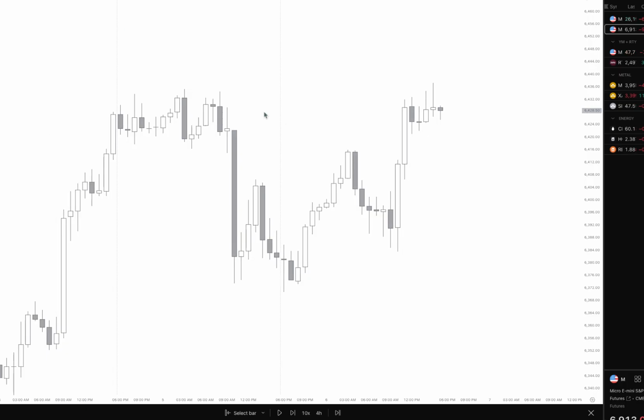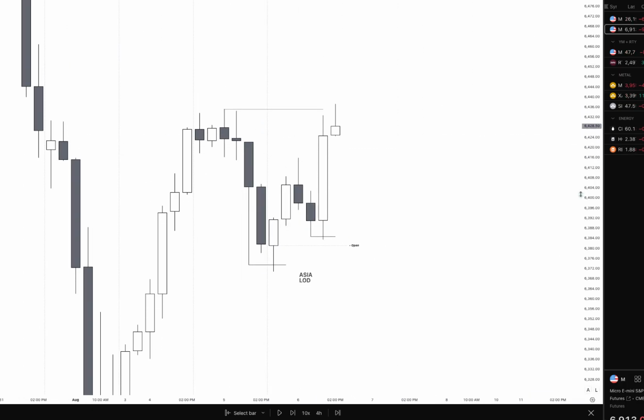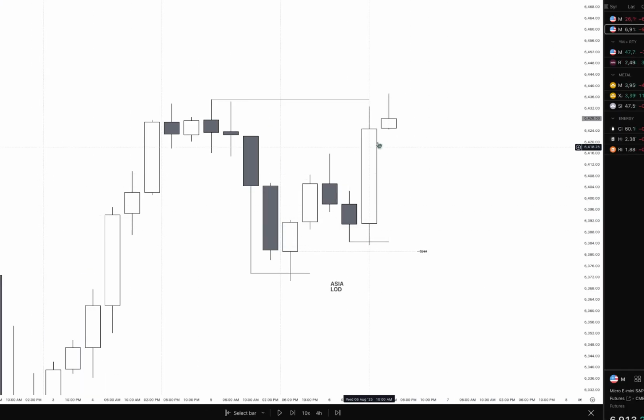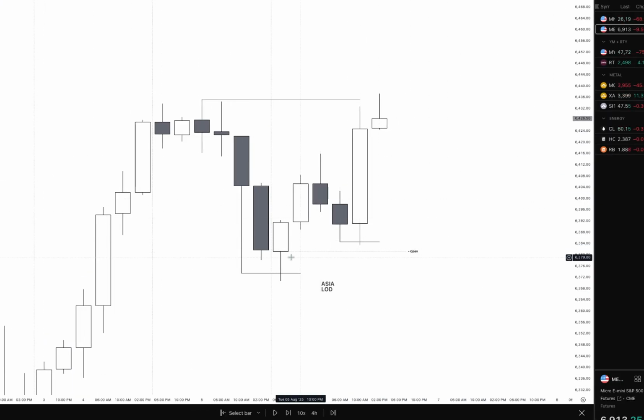Go into the 4 hour and I look for a mechanical, straightforward way to see if I should be looking for longs or shorts. This specific one is Asia reversal,